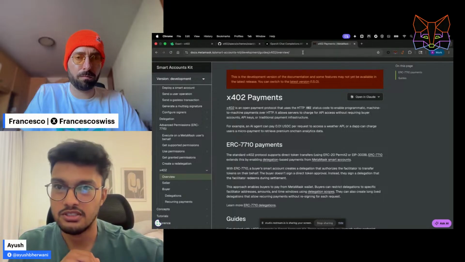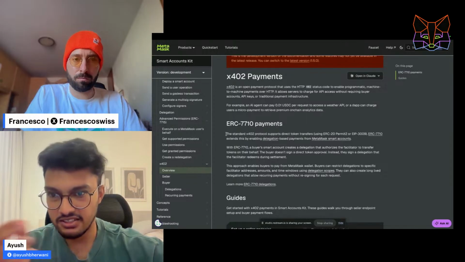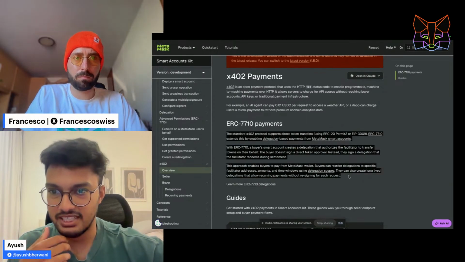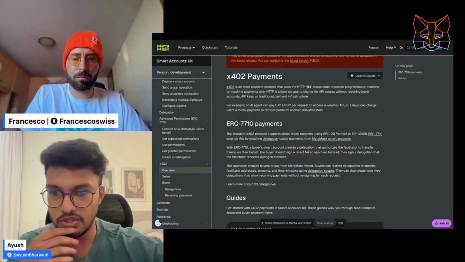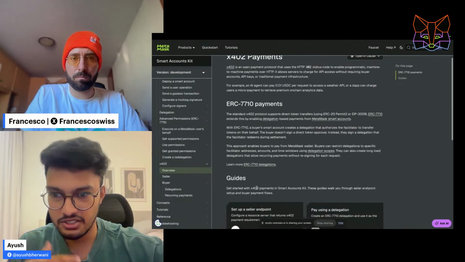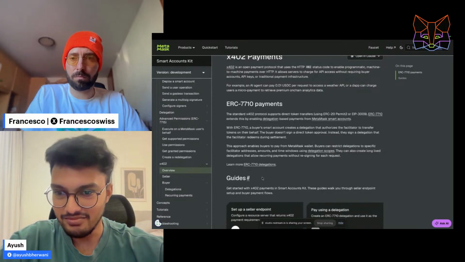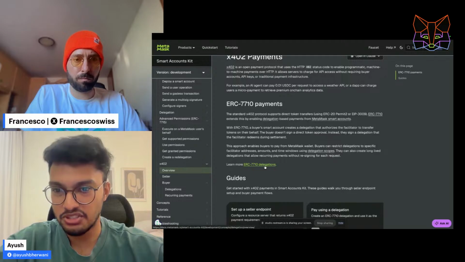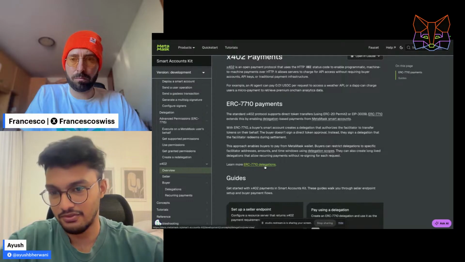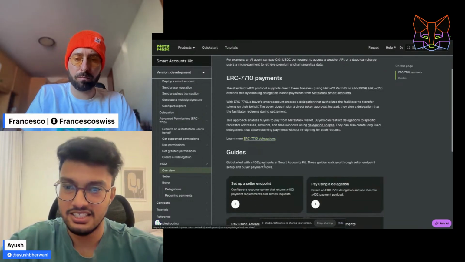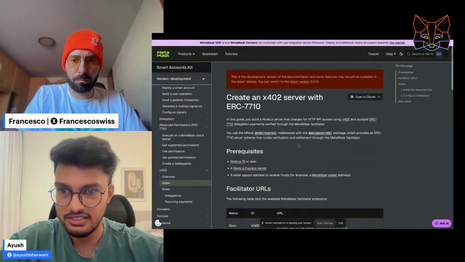And for that, if you go to the x402 docs that we already shared in the link, you will see the overview, and you will see again what we talked about, why 7710 is an important piece of the x402 asset transfer method. You can also learn more about delegations and how they work. We have already taken multiple live streams on how to do delegations and what they are. But in general, delegations are basically permissions that you can share with other accounts or smart contracts, and then they can execute on behalf of you or the other account that is given permission. So that's basically delegations.